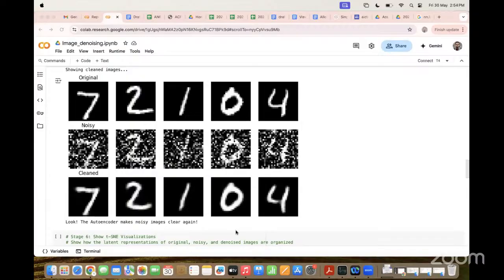So TSNE, if you read the paper by Hinton, it's a visualization tool which can project any finite dimensional data onto a 2D plane. So suppose I have a 128 dimensional vector, and if I want to see this vector, it is impossible for me to visualize it, right?